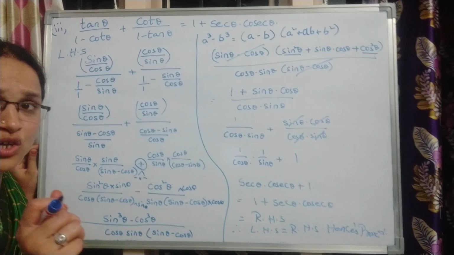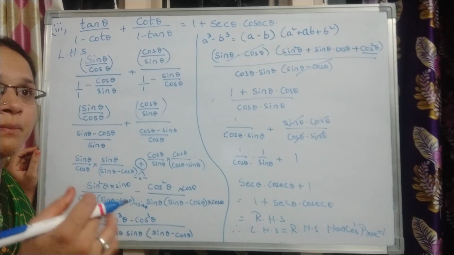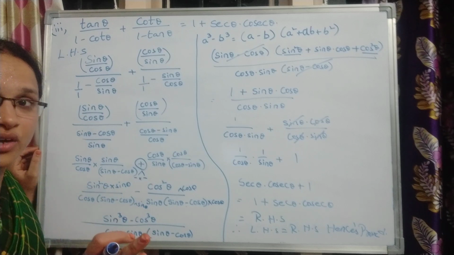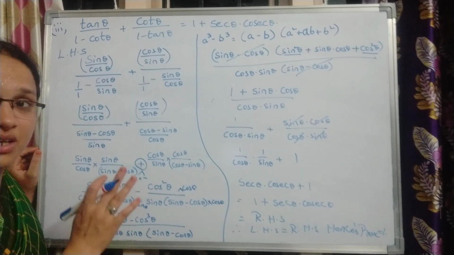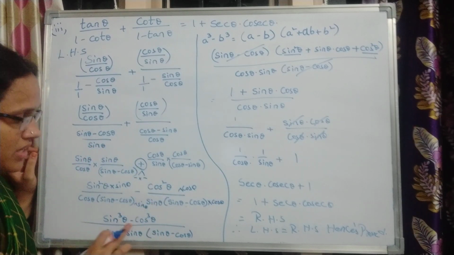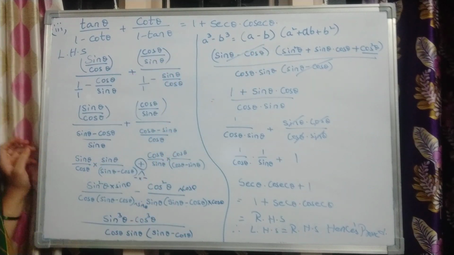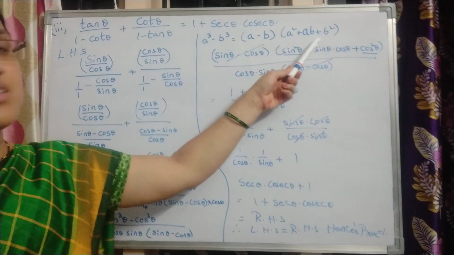x cube minus y cube is equal to x minus y into, the formula is written. Okay, but usually you learn a plus b whole cube. That is different, children. Okay, that is different and this is different. So just try to understand that they are not similar and apply the formula here. a cube minus b cube. So I have written it here for your sake. a cube minus b cube is nothing but a minus b into a square plus ab plus b square.